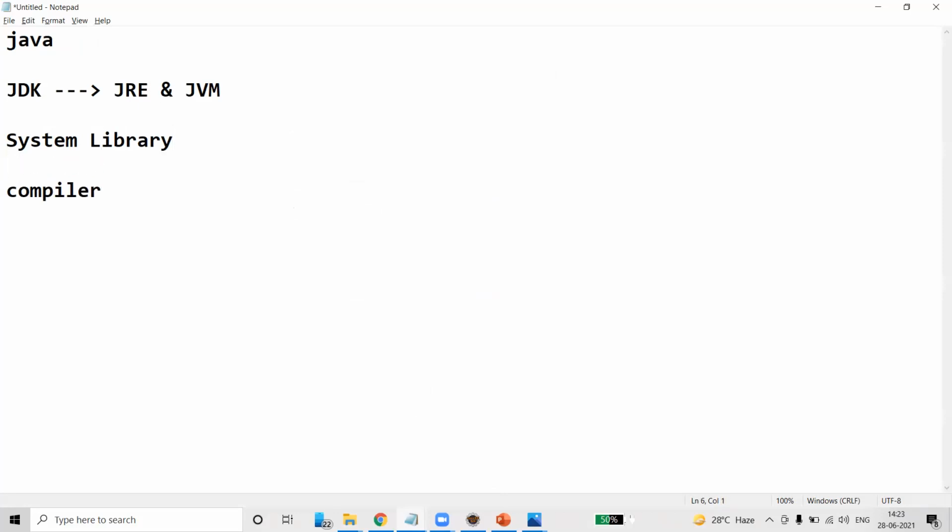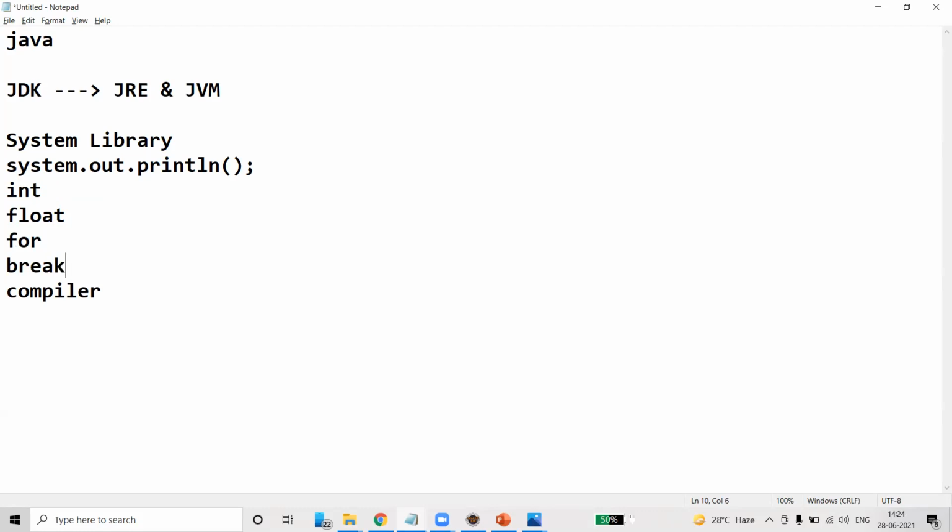As I told you in our previous session, whatever syntax we are using, like System.out.println, is a very simple command. Similarly, we use integer, float, for, break, continue.